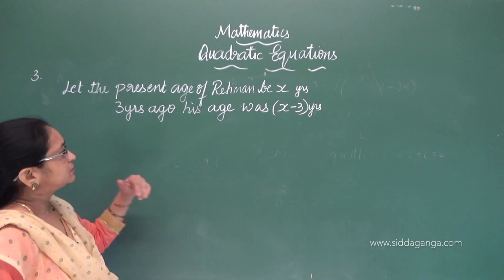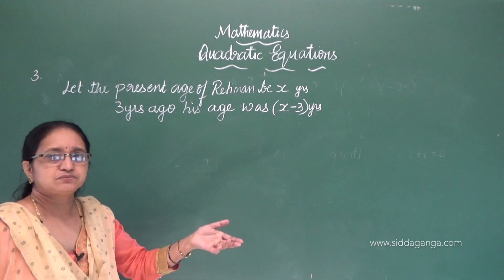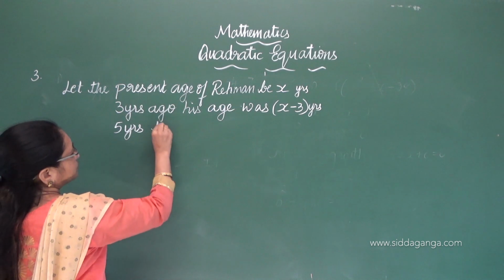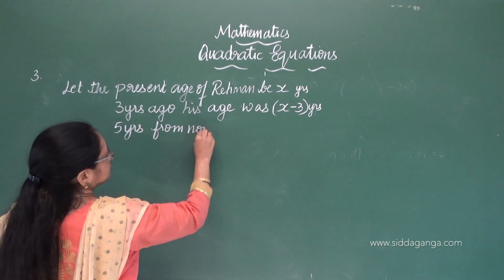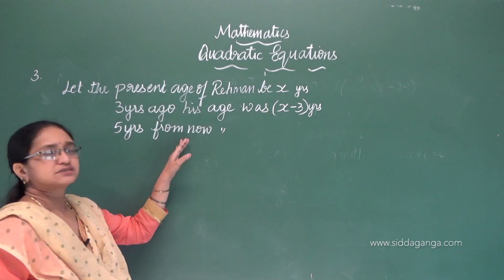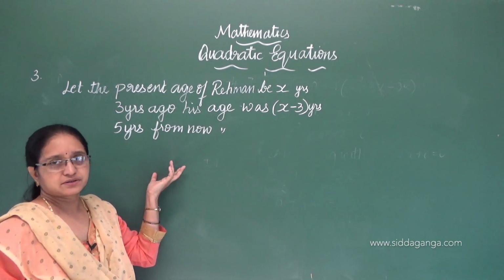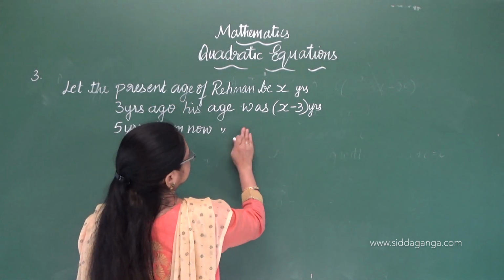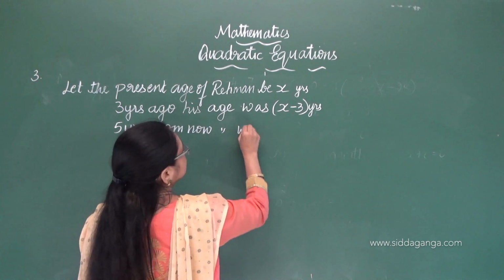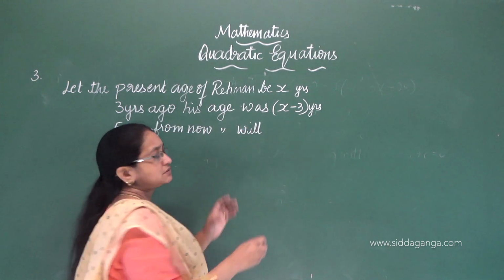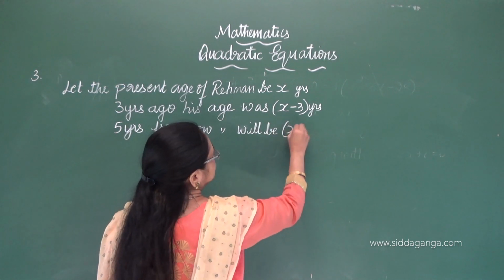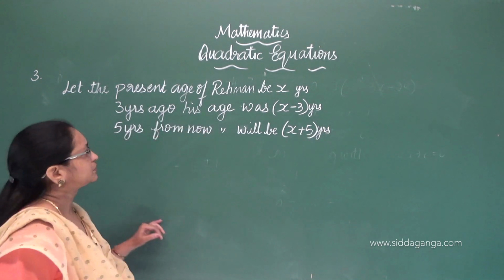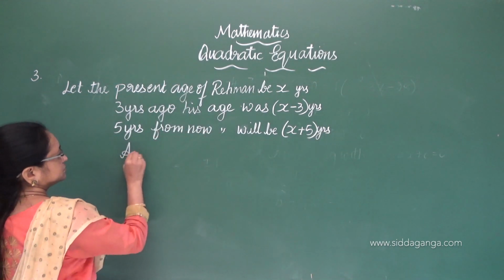Next, 5 years from now. Or you can write after 5 years also. Okay, after 5 years or 5 years from now, his age will be, so you have to use the future tense, his age will be how much? x plus 5 years. Okay. Now, according to the question,